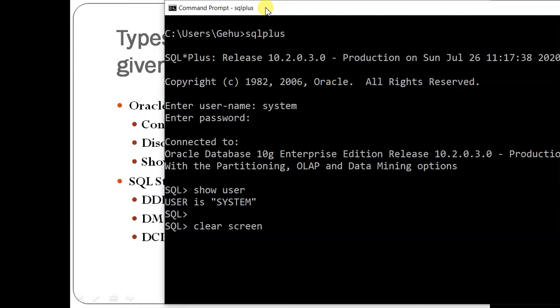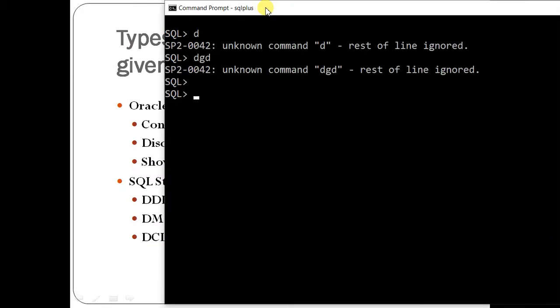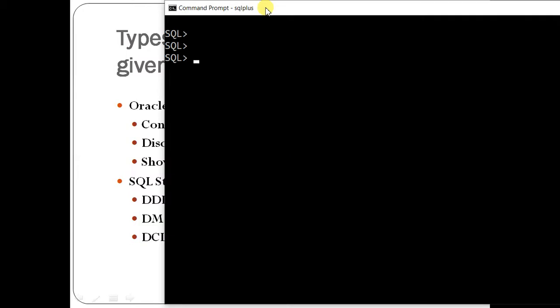Okay, so you can see I will not type any semicolon, enter. The screen is clear. What I can do again, I'm just giving some random things. Now I want to do it again. I can type clear screen again, and if I give semicolon, then also it is okay, no issues. But you can see that it is running without semicolon also because they are internal commands.